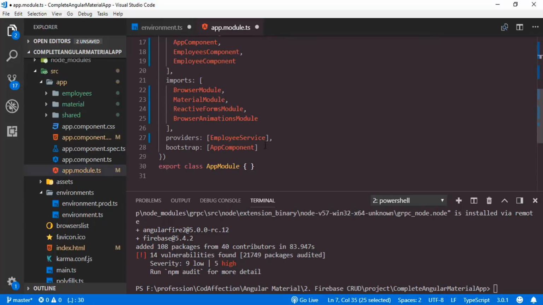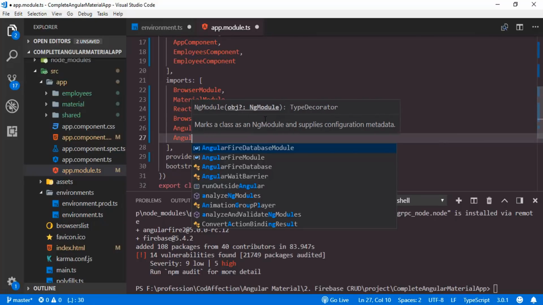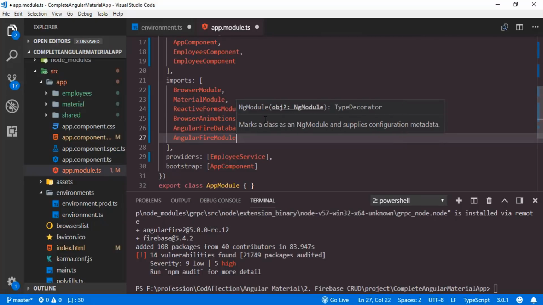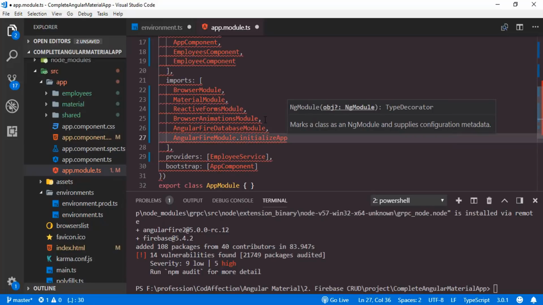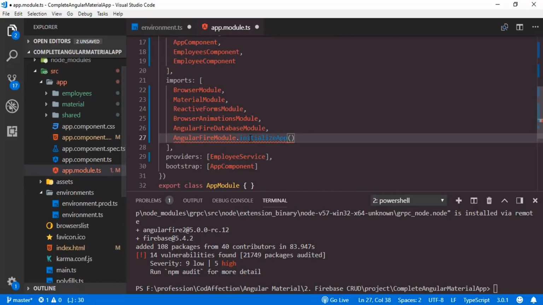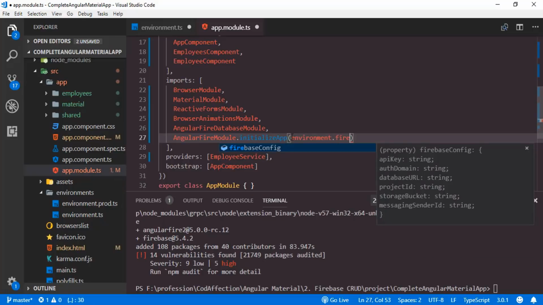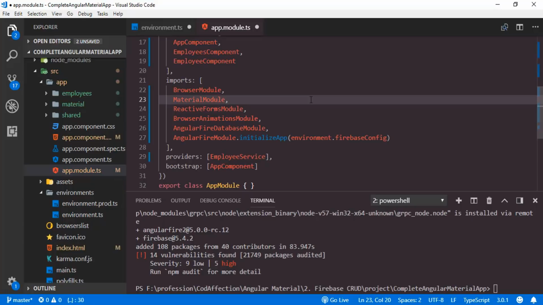Angular Fire database module and Angular Fire module, and we need to call this function initialize app. Inside that we have to pass this constant Firebase config. So we just need to do this: environment dot Firebase config. So far we have created Firebase project and we have configured this Angular 6 project with